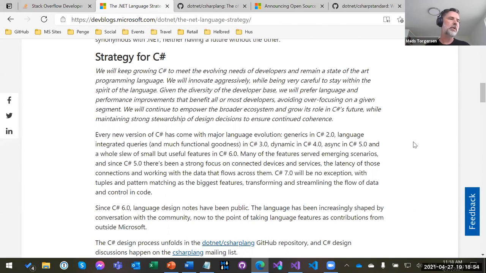We want C# to be a language that you will want to use in your next project, not just that you are using for legacy reasons or because you already have a bunch of code in it. So that means that we want to address new domains in programming as they show up.